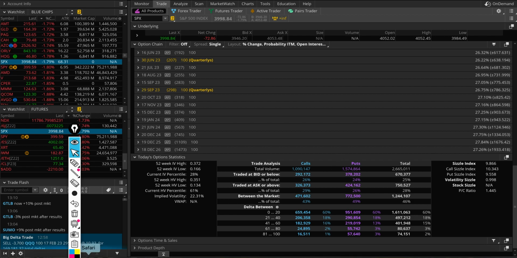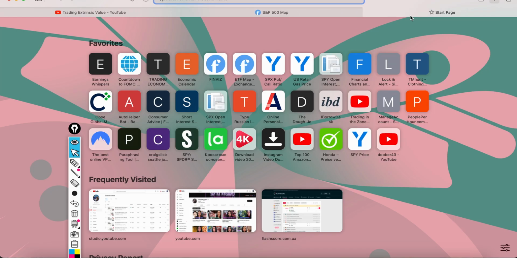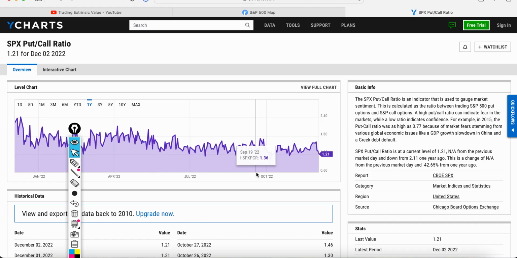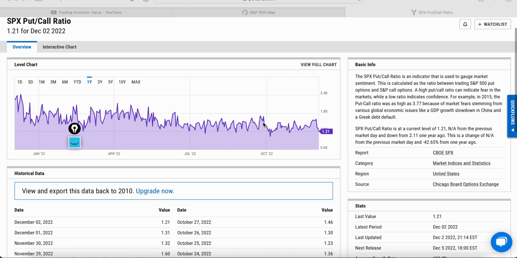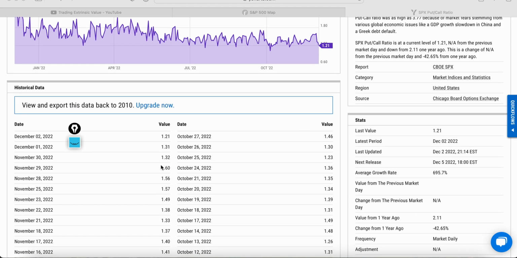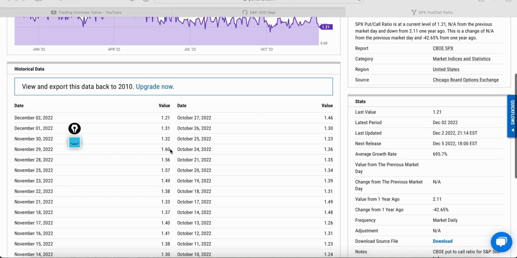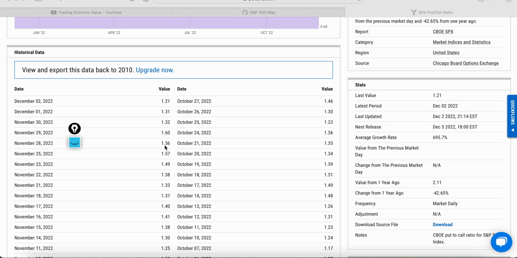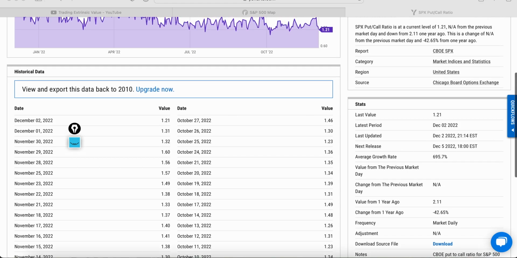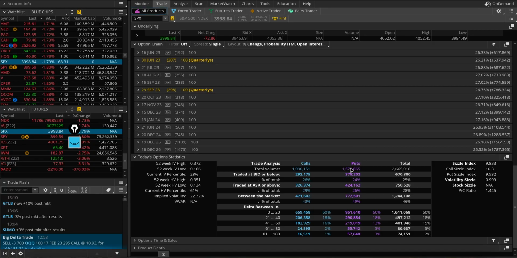There's another place where I have the put to call ratio. You can go to Y charts and look at it that way right here. It's already up here where you can see it for every single day, and also it's on a chart. You can see wherever this put to call ratio is lower, you can basically tell that people are bullish short term. And it's not a recommendation to rely on one data, but I'm just telling you what I watch. So just by looking at this data, it was bearish, and we can slide a little bit more,